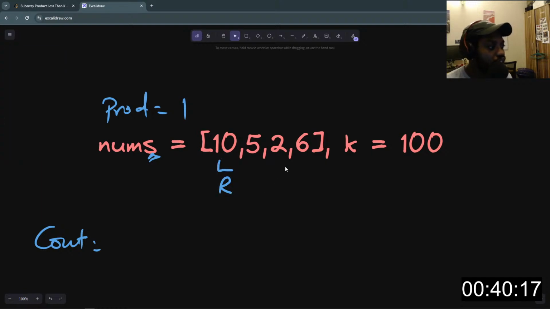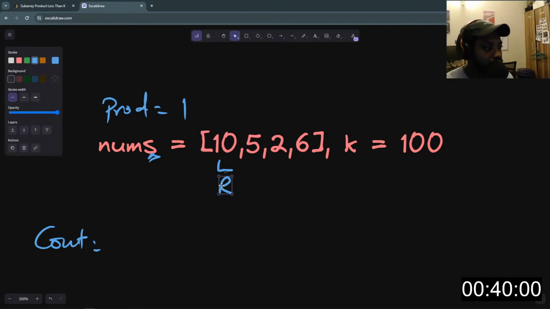Now, the product at this point is simply going to be 10, because we do 10 times product, which is set to 1 initially. So we do 10 times 1. And then we'll increment the right pointer again,